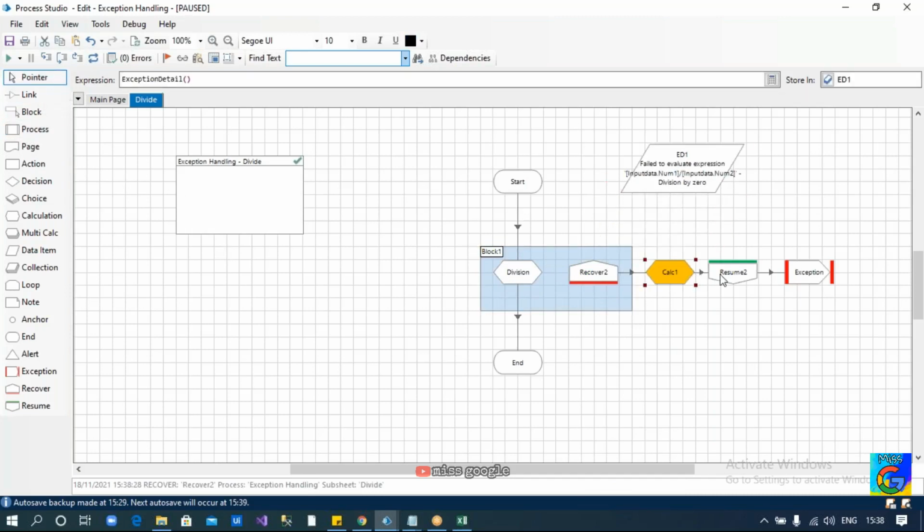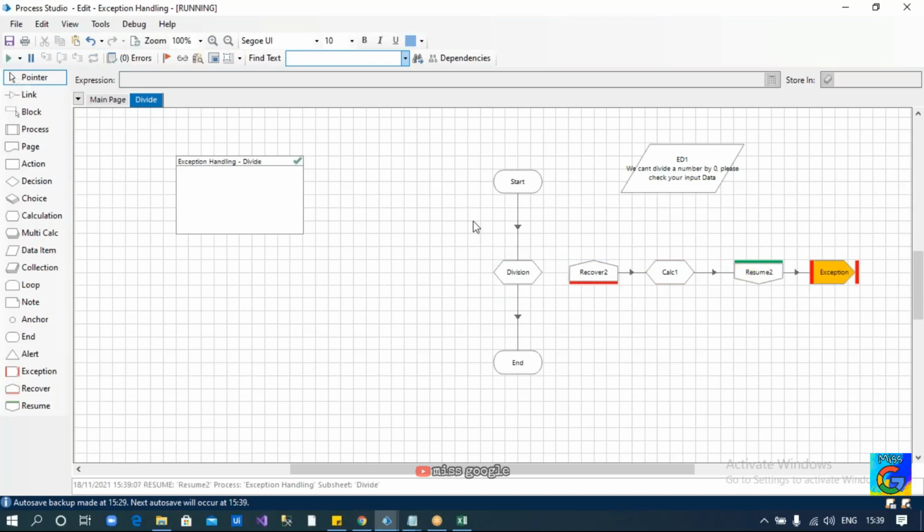The block stage will help you to block the recovery mode to a specific stage, so that this recovery stage will attract the exception only when there is an exception in this stage. It will no more catch the exception thrown by this specific exception stage. If I don't use the block stage and if I continue, what is going to happen? It keeps running in the infinite